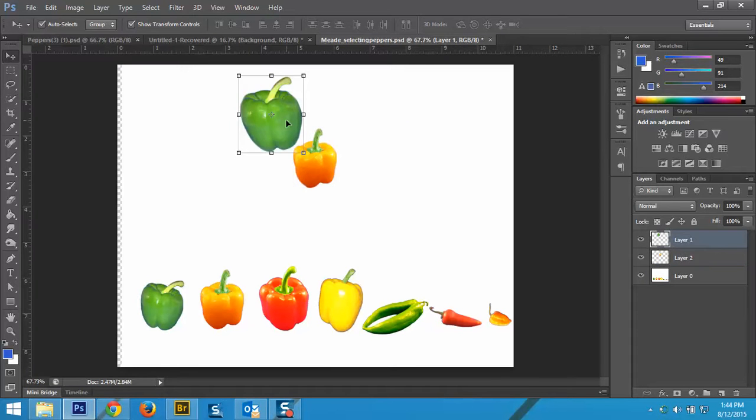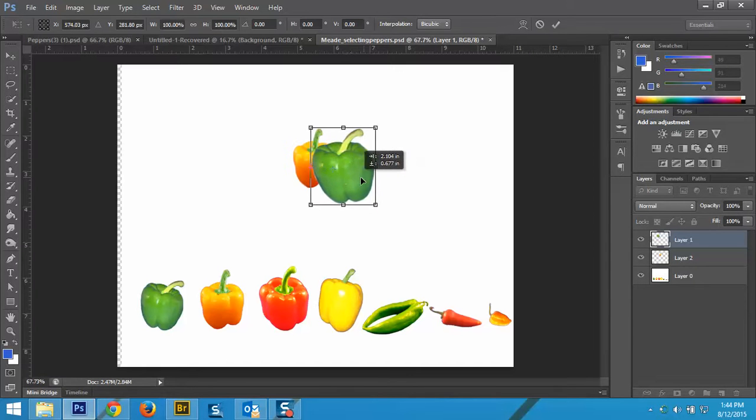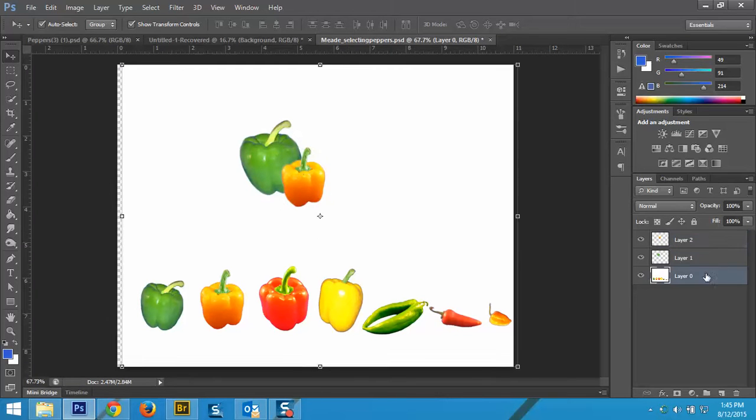I want to arrange that in my green. The way that you move these from top to bottom, so if I want my orange pepper on top of my green pepper, in order to do that, I have to use my layers. So I will pull my orange pepper and drag it above my green pepper. And you will continue to do this for all 7 of these peppers. Once they are all selected,